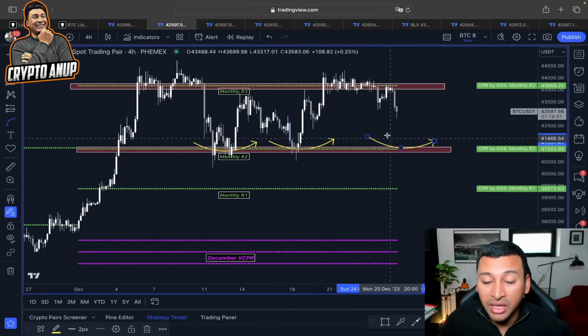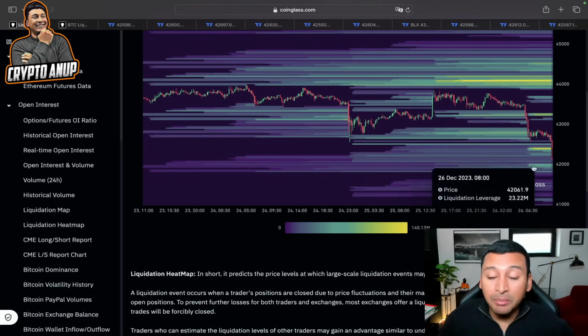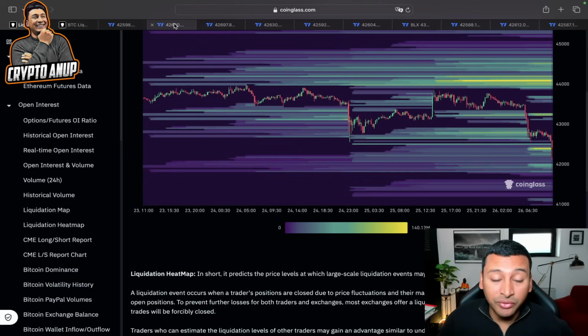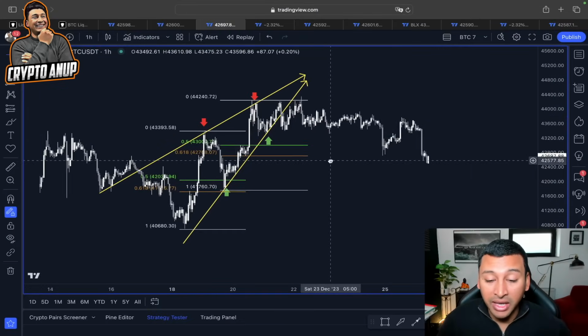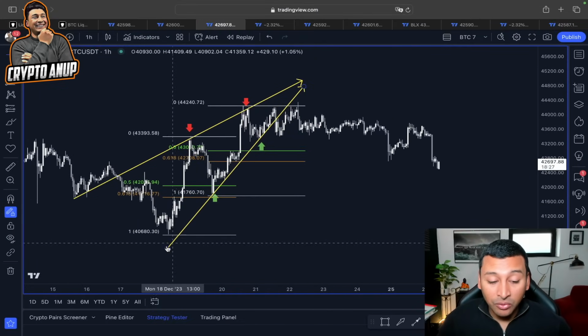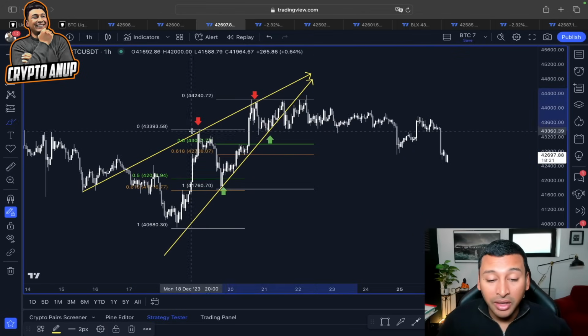So we could see another continuation, because that's also the area where most traded volume occurred. That means we could come back to take out all the liquidities around 41,000 as well before continuing our rally, because we can see the price of Bitcoin again here in an hourly time frame was following this rising wedge, a bearish continuation pattern. We failed to invalidate this.